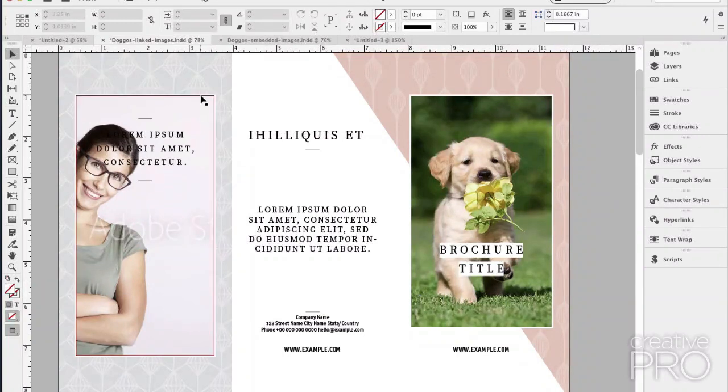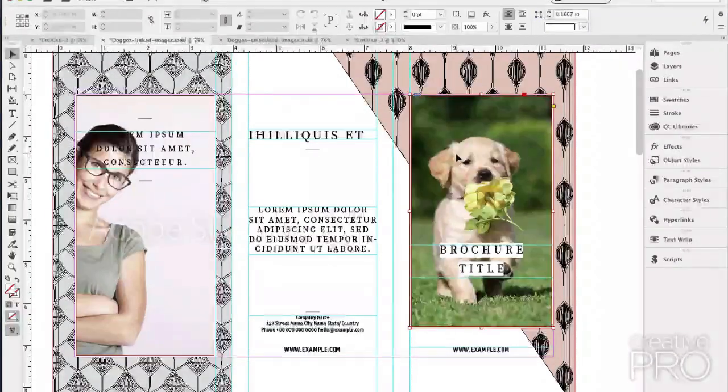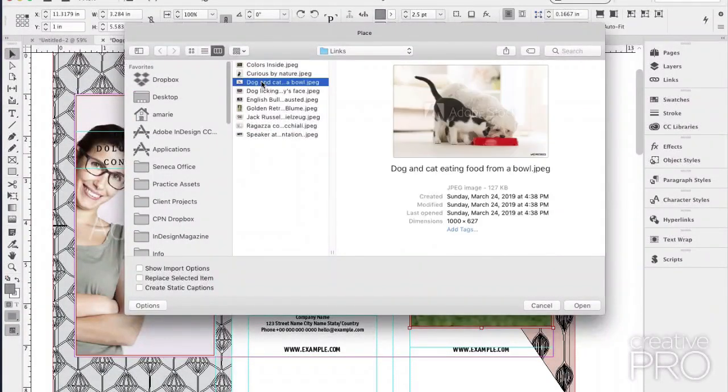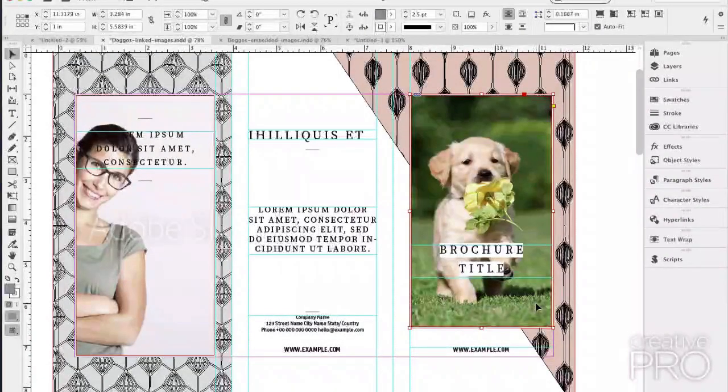So normally, I'm going to switch back to normal view. When you place something, you go to find an image, it creates a link to the original image. It doesn't actually suck in the whole image. That is different from, say, Microsoft Word. Usually in Word, when you place the image, it brings in the entire image. But in InDesign, it just makes a link to the original image. So that when you send this document to print or export to PDF, it sends the InDesign file information, and then it looks on your hard drive or wherever for the original images that you're linking to, and then it sends that data when it's that page's turn.